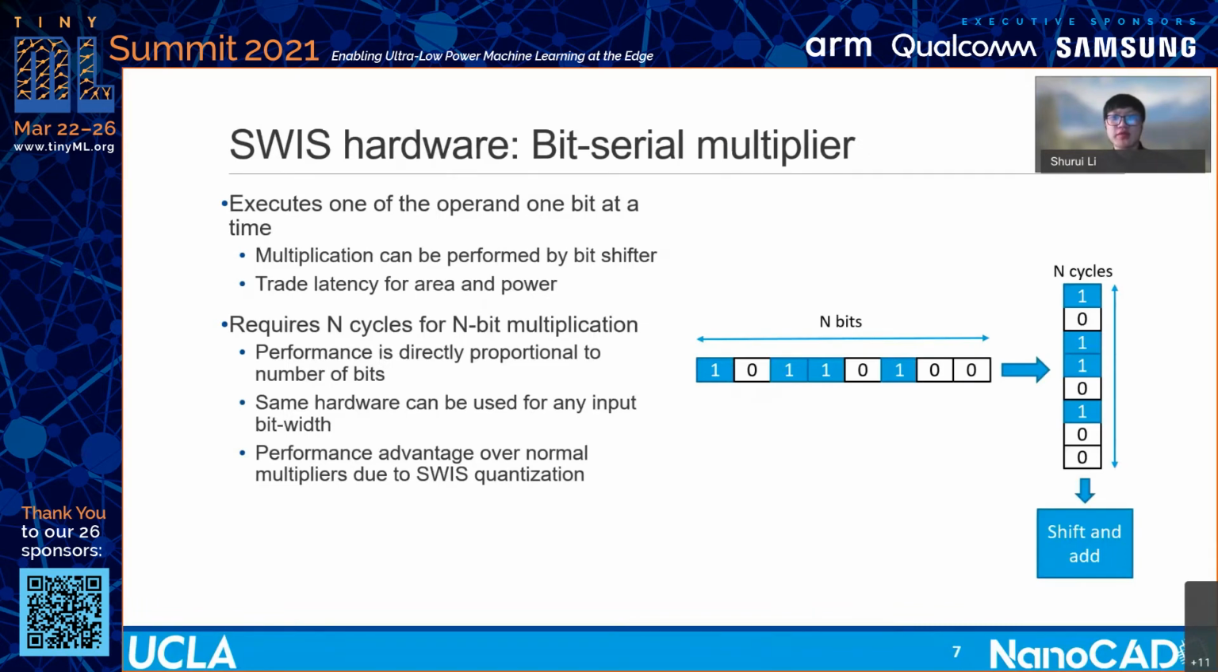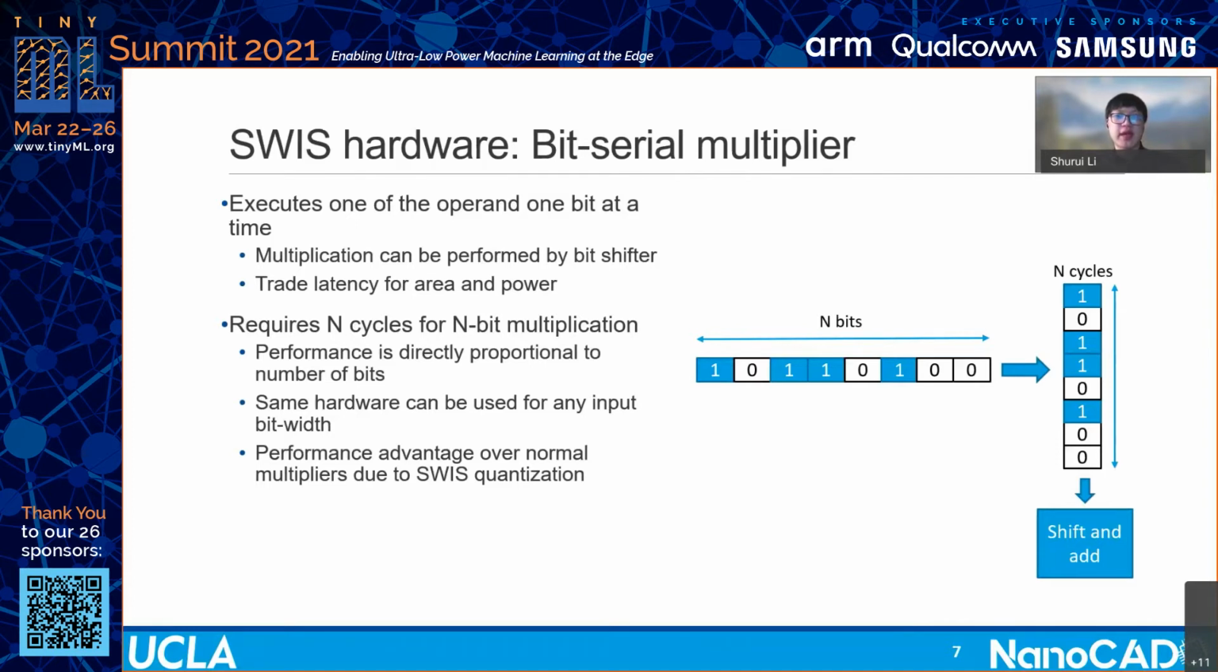So we have already gone through the compression and the quantization scheme. And now let's talk about the hardware for SWIS. One way to support such quantization is using a bit serial multiplier, which processes multiplication in a serial manner, 1 bit at a time. Doing so, the zeros can be skipped and multiplication can be performed by a single bit shifter, which essentially